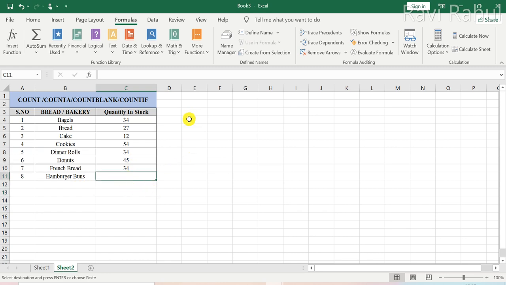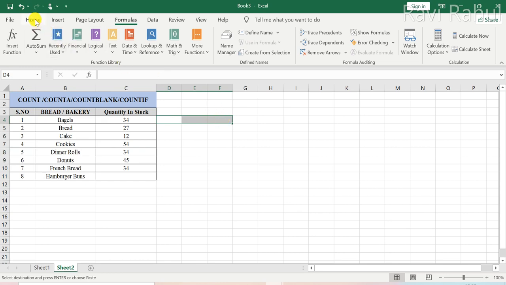Now, what I want to know is how many items are present in the shop. You can clearly see from the serial number also that there are 8 items or 8 products available in the shop. But what if the product was repeated? Even then it will show it. So you can't get the answer by the serial number. In order to get those values, you need to use the count function.